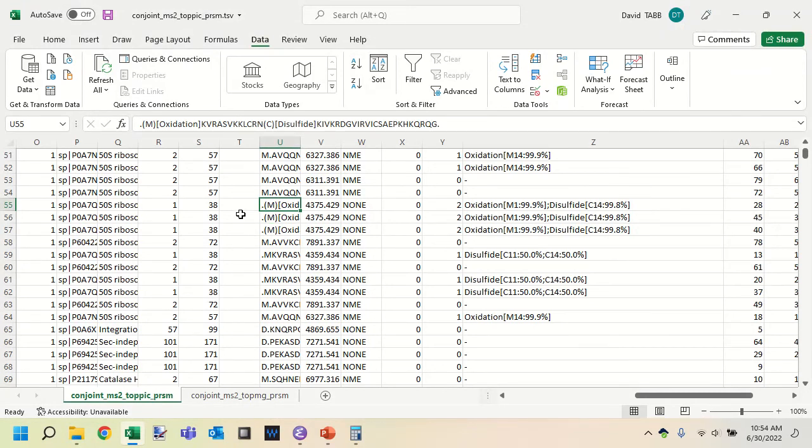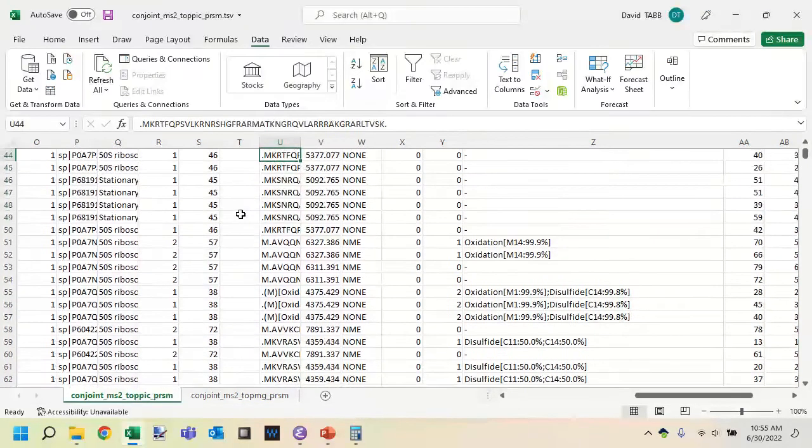Okay, so yes, it is possible to separate TopPIC's identifications with no unknown modifications from those that do contain unknown modifications. But if you do that, you will find that the sensitivity afforded by the algorithm drops quite a lot. The software is designed to give you these identifications and always include unknown mass shifts as a result. All right, so we would like to do a little bit more to pin down how we interpret these